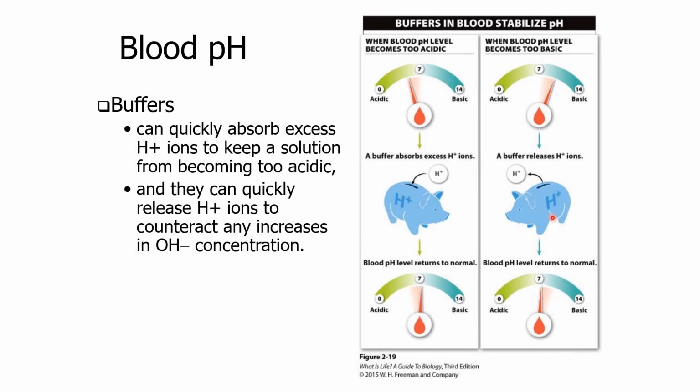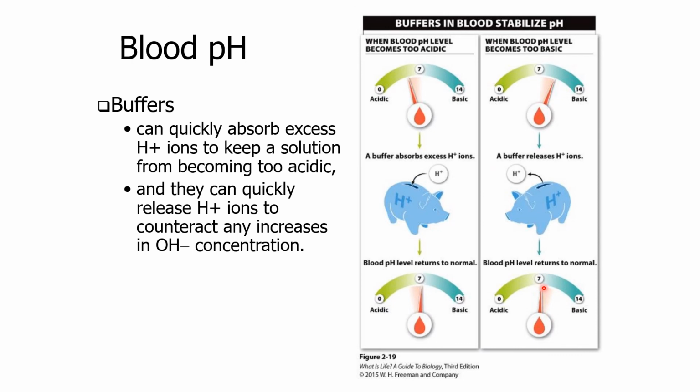This time, they're not going to absorb the hydrogen ions. They're going to release hydrogen ions in your blood. So one more time, why are your buffers going to release hydrogen ions? Because if your blood is becoming basic, that means you have fewer hydrogen ions. And so to help you out, your buffers are going to release hydrogen ions in your blood,